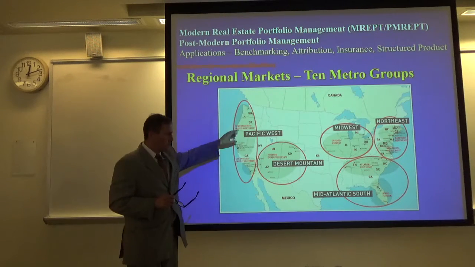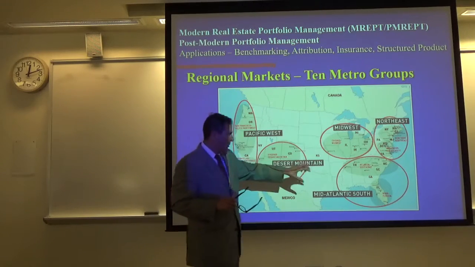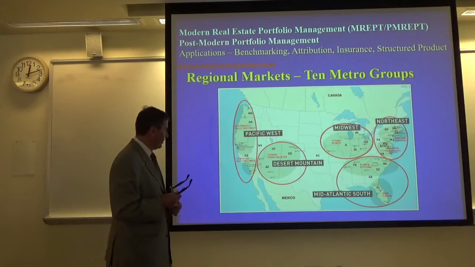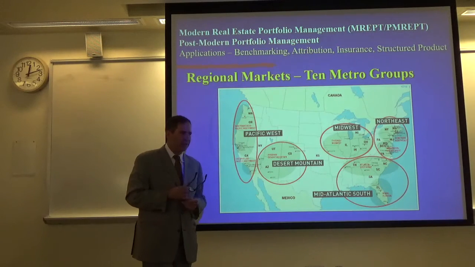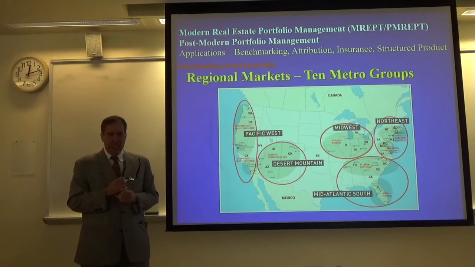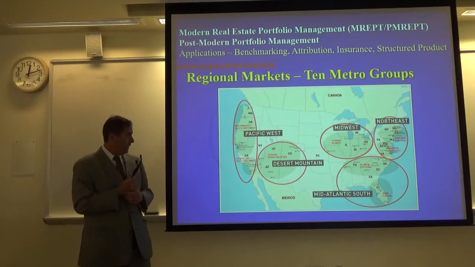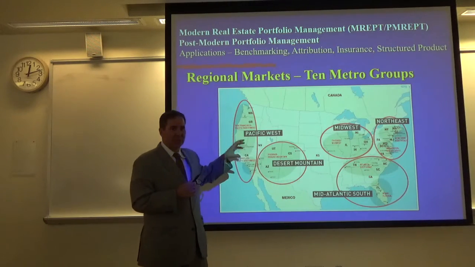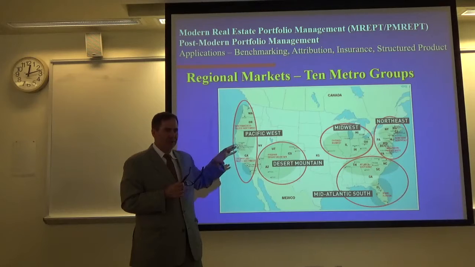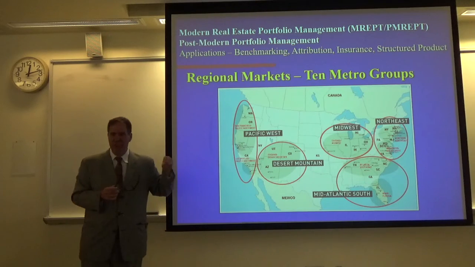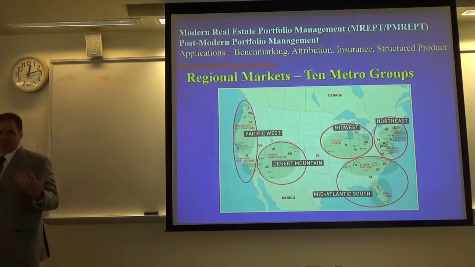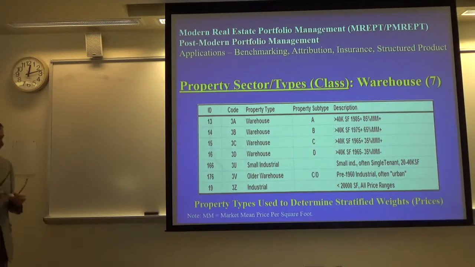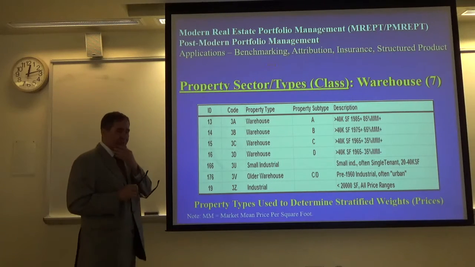So we had to group the metro areas to be able to pull the data to get the sample sizes large enough. And what's interesting is these metro groups, the distributions of the price data were fairly normal, and the distributions within these different geographic groups were very similar to each other. So it made the data fairly homogeneous and fairly normal, which was great because then we could get to mean variance very quickly.